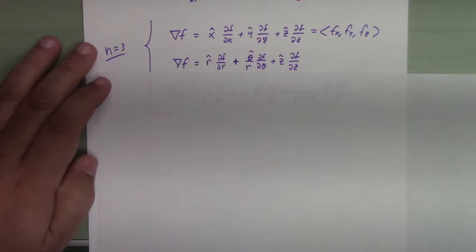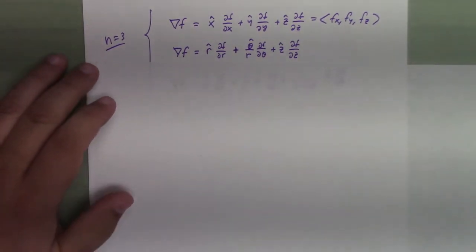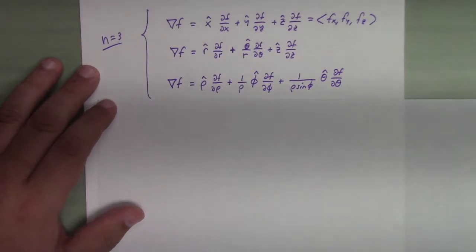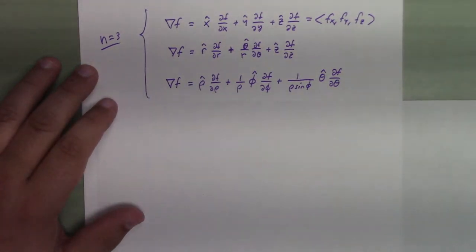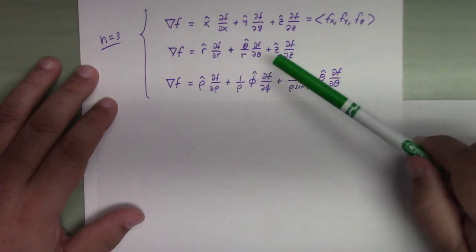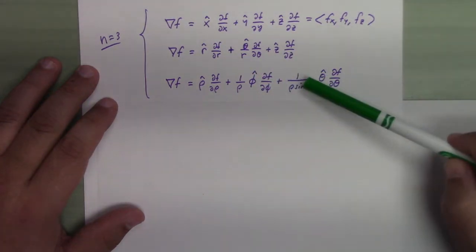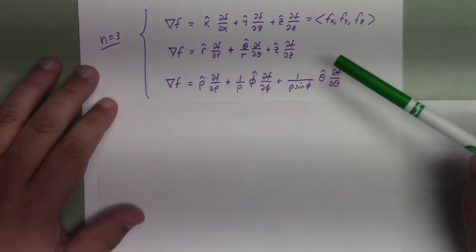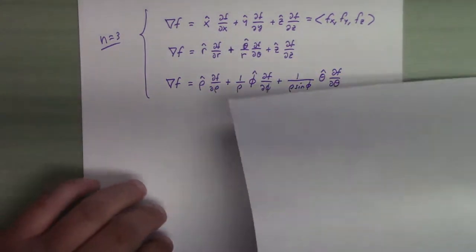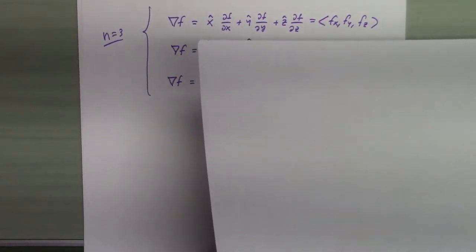And then this is where it gets weird. If you rewrote your function in terms of spherical coordinates, then the gradient in spherical coordinates picks up some of these snazzy form factors, 1 over rho for the phi hat part, and 1 over rho sine phi for the theta hat part. And so in this section in my book, notes, I derive those formulas,